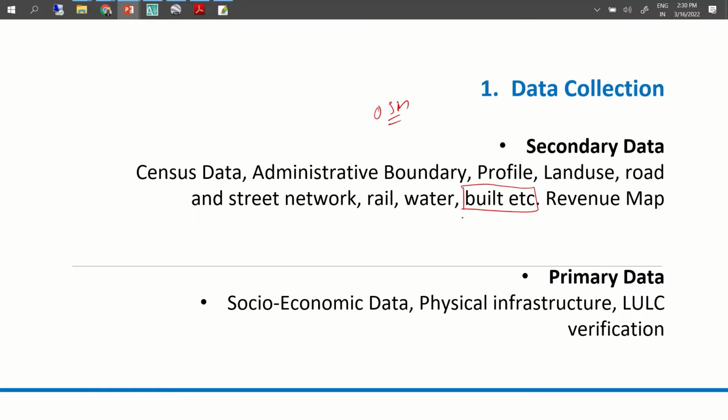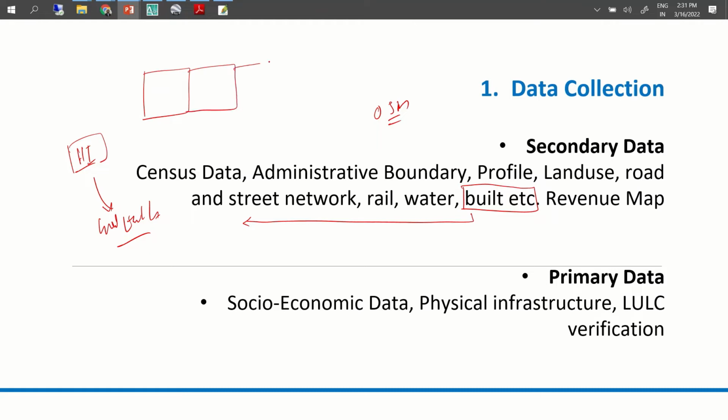So what we'll do is go to Google Earth, download high resolution images for the town, combine multiple images, and then we'll digitize the buildings. I'll show you some examples of how we do that.